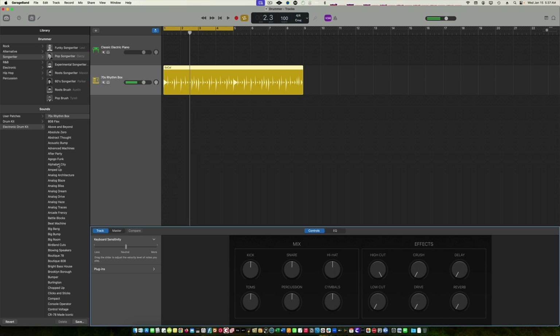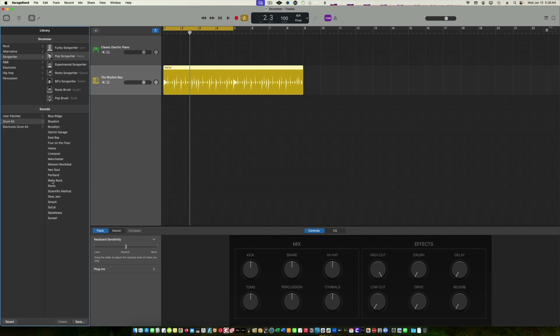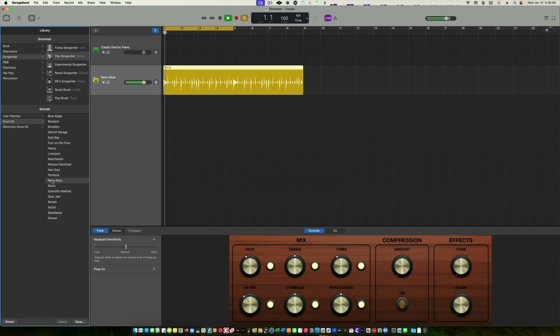Or I could try and look at all the different drum kits. So if I wanted to go back to drum kits, I could try retro rock. And you're getting different drum kits. So experiment with your styles, your drummers, your drum kits, and then